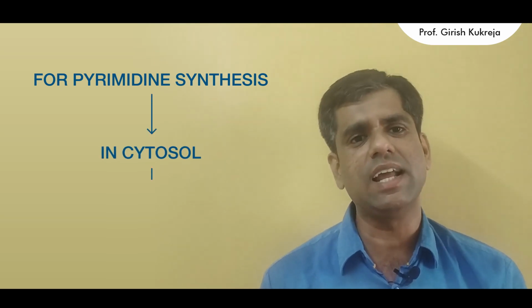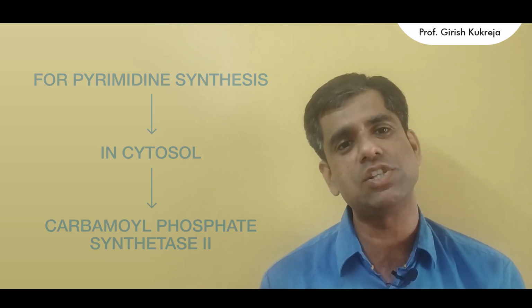The carbamyl phosphate required for pyrimidine nucleotide biosynthesis is synthesized in a reaction catalyzed by carbamyl phosphate synthetase 2. So there are two different enzymes catalyzing the formation of the same carbamyl phosphate in animals, required for different purposes. Bacteria have a single enzyme which catalyzes the formation of this carbamyl phosphate for synthesis of both arginine